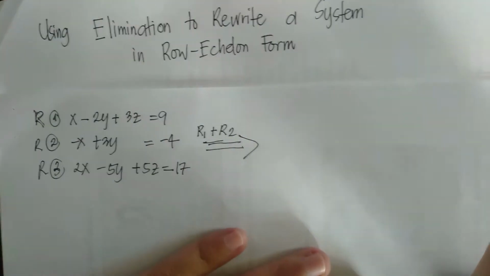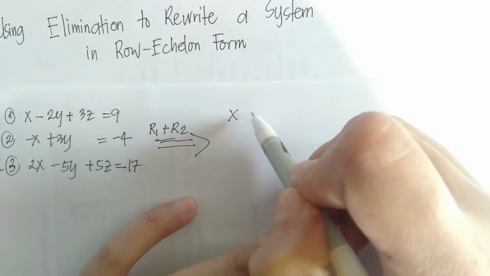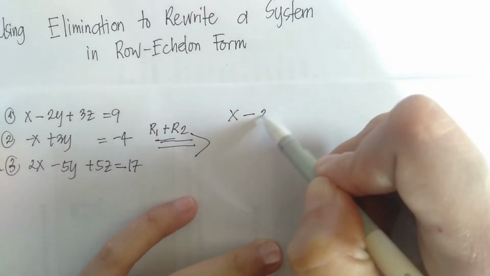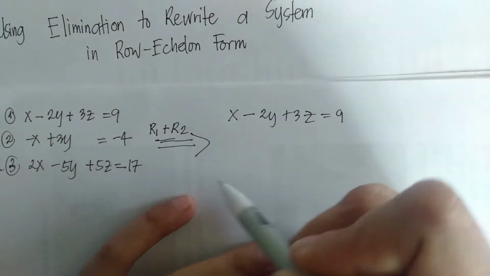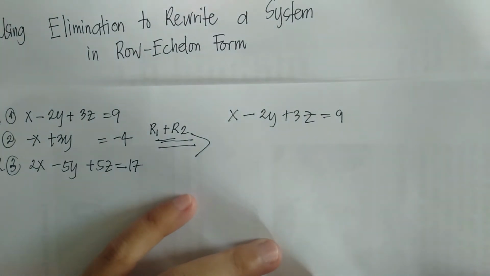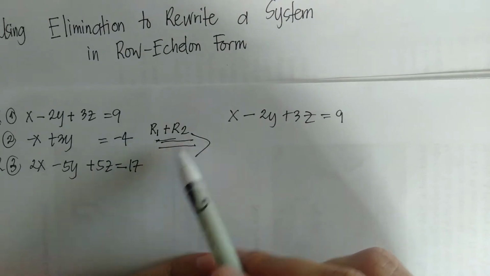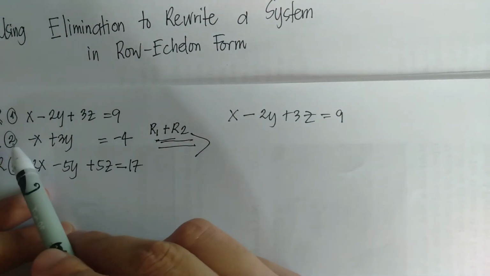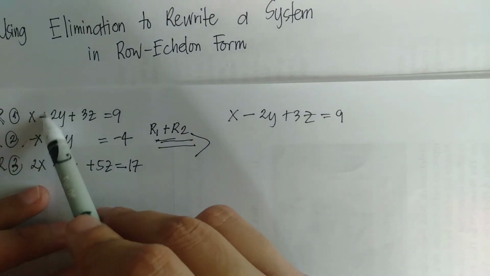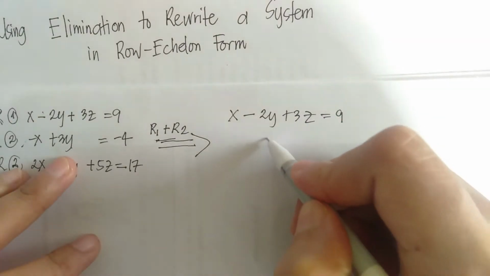We just simply copy the first one: x minus 2y plus 3z equals 9. The second equation is the sum of R1 and R2. The sum of R1 and R2 cancels out x, so the remaining is y